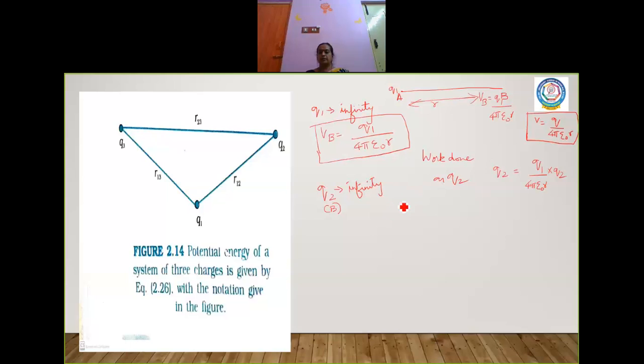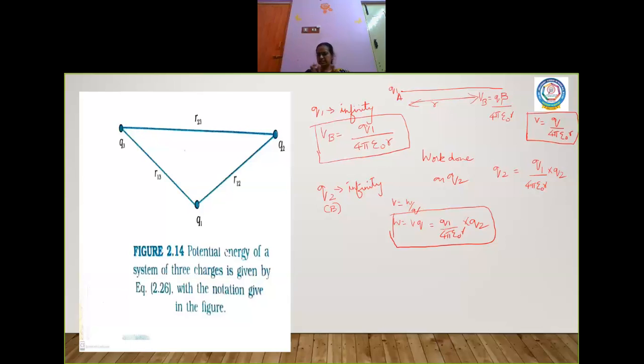Now we know the formula for potential as V is equal to W by Q. Yes or no? Here, what is W? W is the work done, which is the potential into the charge. The potential is Q1 by 4 pi epsilon naught R into the charge present there, Q2. Are you able to understand now? So this is the work done to bring a charge Q2 from infinity to the point B, which is at a potential of Q1 by 4 pi epsilon naught R.